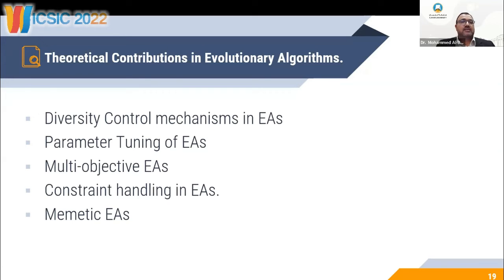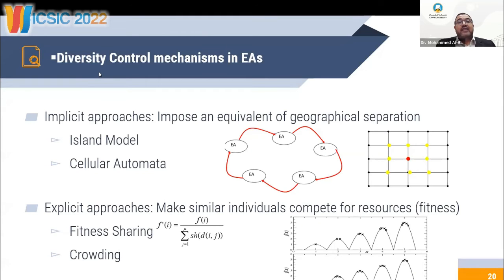So we can adjust these algorithms based on diversity control mechanisms, parameter tuning, multi-objective constraint handling, and memetic algorithms. I will describe each one briefly. For the diversity control mechanism in evolutionary algorithms, we have mainly two approaches: implicit approach and explicit approach. The implicit approach is concerned with the geographical separation of the population. We have two main mechanisms, which are island model and cellular automata. Here the population is divided into several subpopulations, and each subpopulation is run as a separate